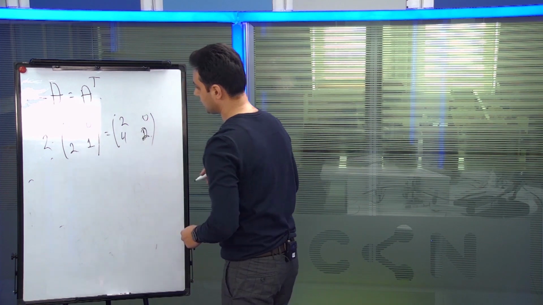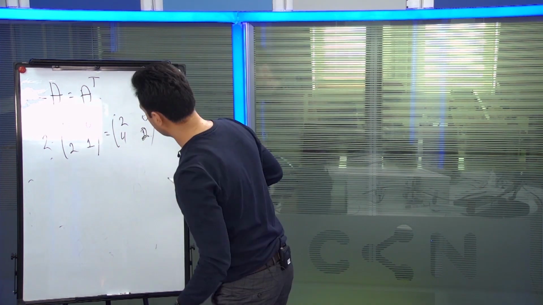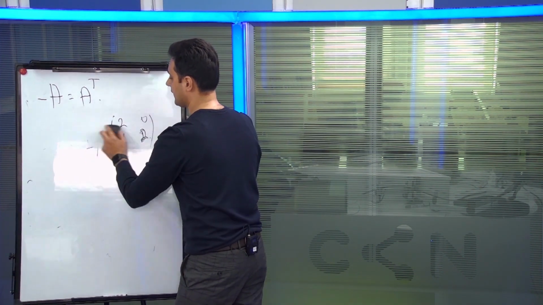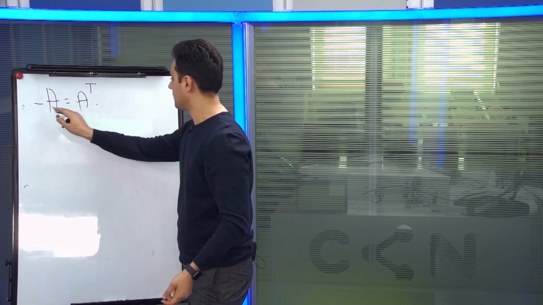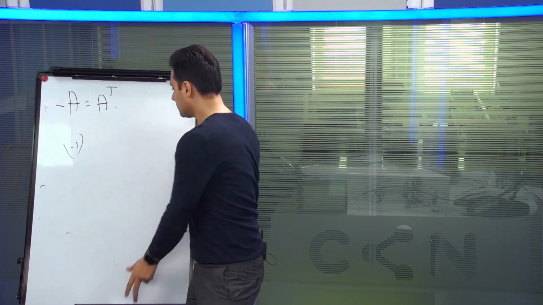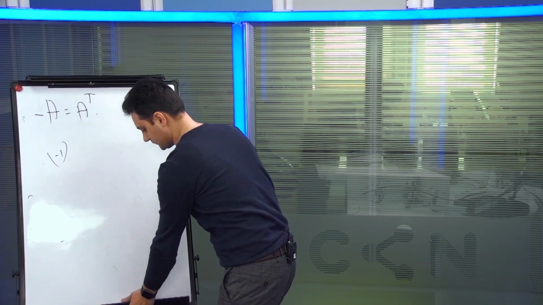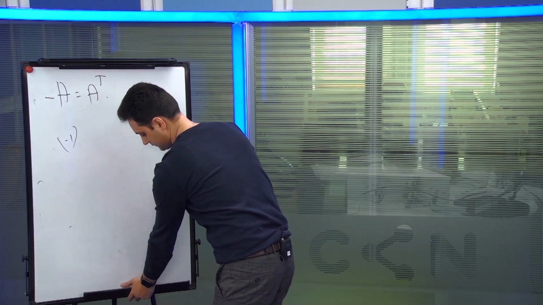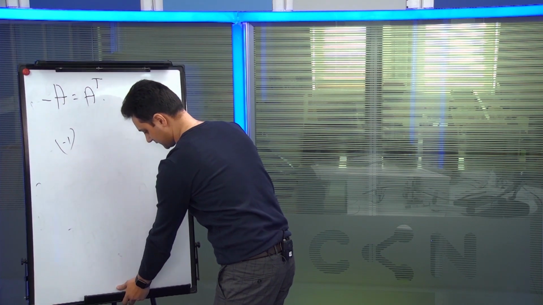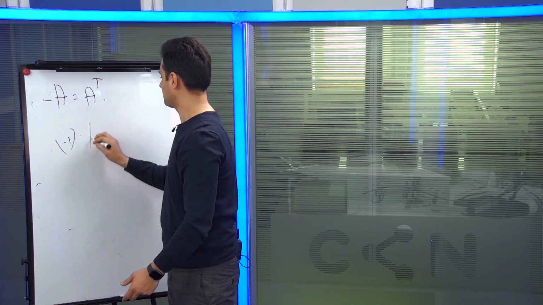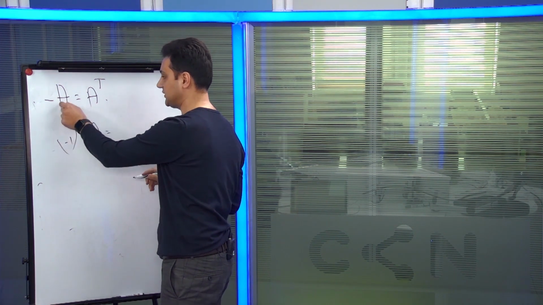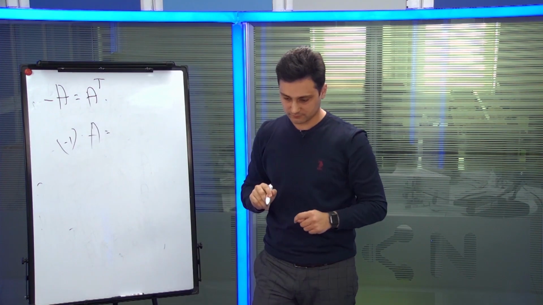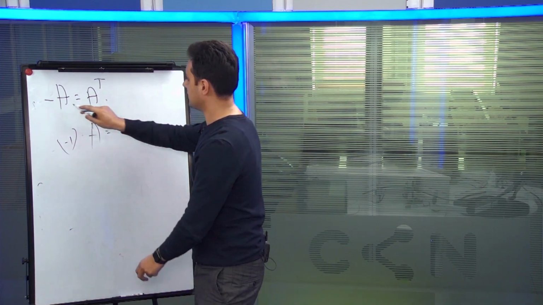Right? So it's scalar multiplication. So negative A is minus 1 multiplied by A, sorry. It means that we will multiply each element of A by -1. And to get antisymmetric,